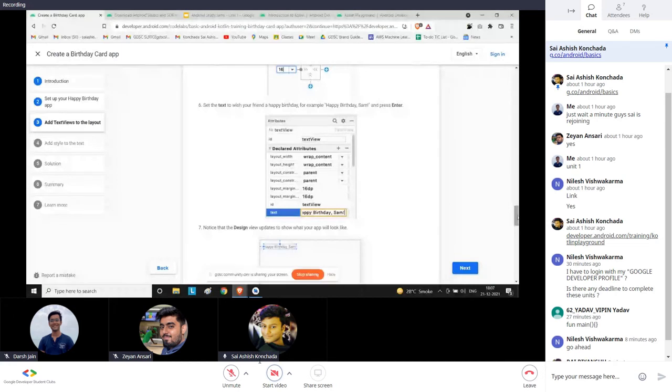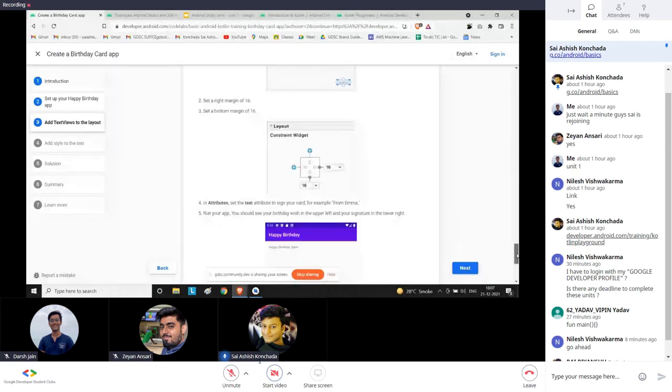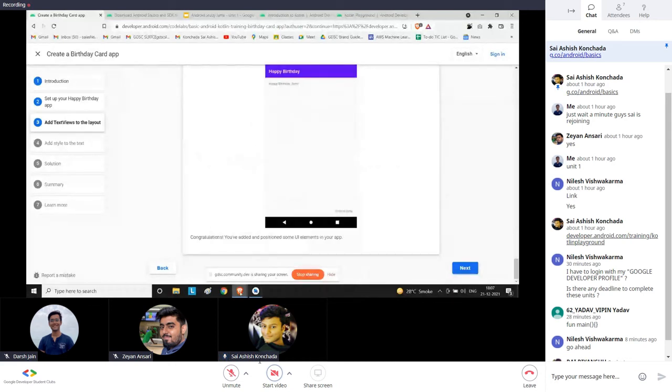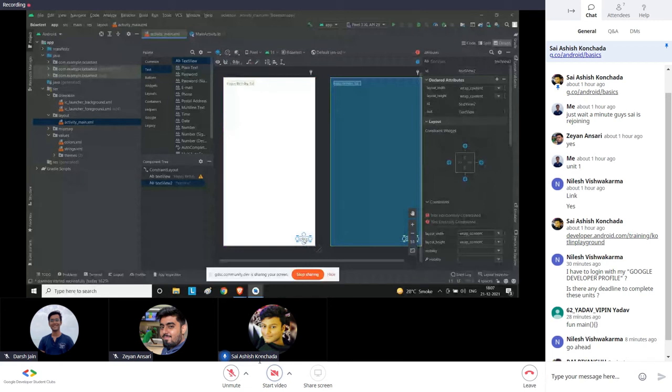So this is basically the text design part, and it is asking us to put one more thing in the bottom right. We'll do that one in just a few seconds. So the same thing, just take the text view, have it here. Okay, now add some values here, something like, again, if I put 16, you can put any number, you'll get the hang of it when you're using.